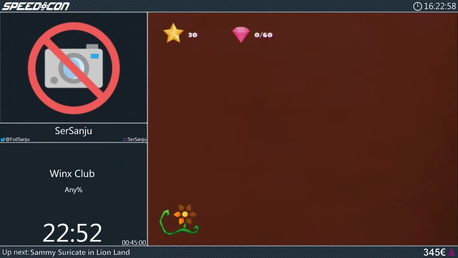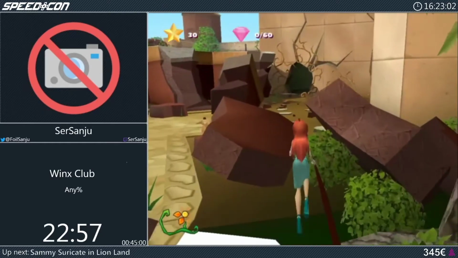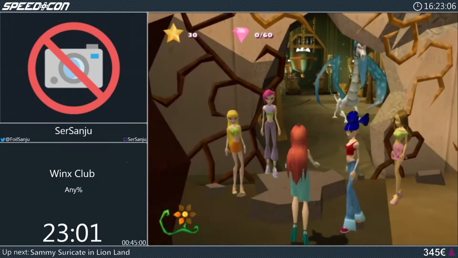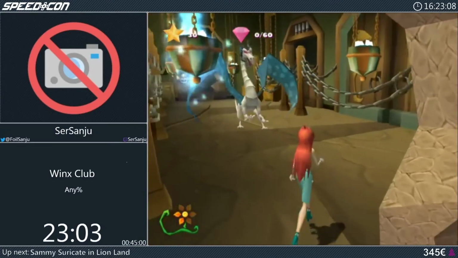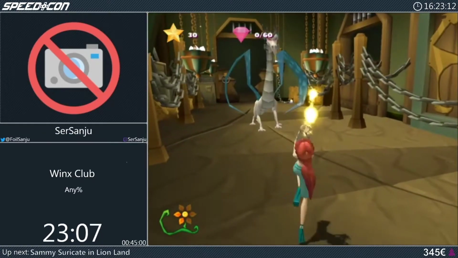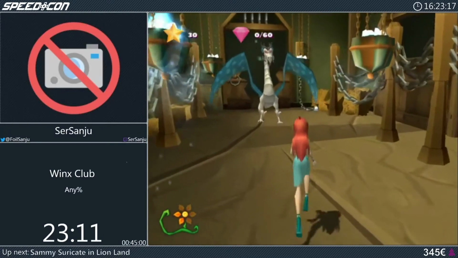The reason he killed me is because he can kill you while grabbing stuff. And he has one attack that deals 2 damage instead of 1, which is really bad. I'm just gonna bait this dragon to go back so our friend can do something that I never really looked at, but